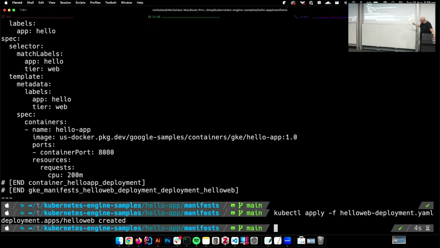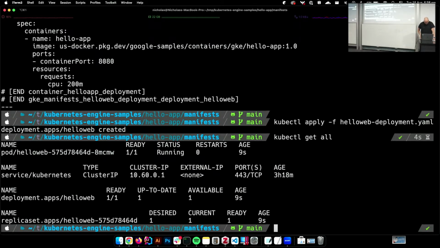So what I'm going to do here is just apply that, and now we can do kubectl get all. So we can see here we've got a few things already. So there's a service Kubernetes. That's the control plane, I believe. So that was there already. But what's been created is the deployment, the pod associated with that deployment, and something called a replica set. And the replica set is a side effect of using a deployment where you can set it to automatically scale based on some feature, and we will do that. But first, we need to make sure we have